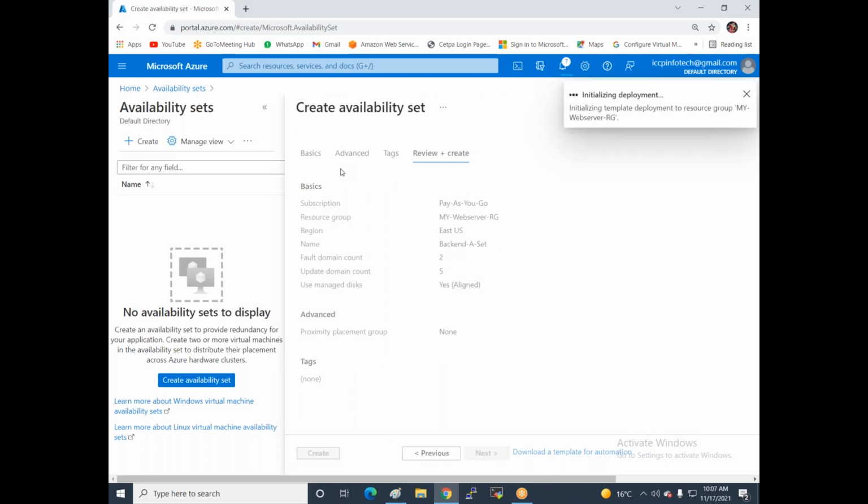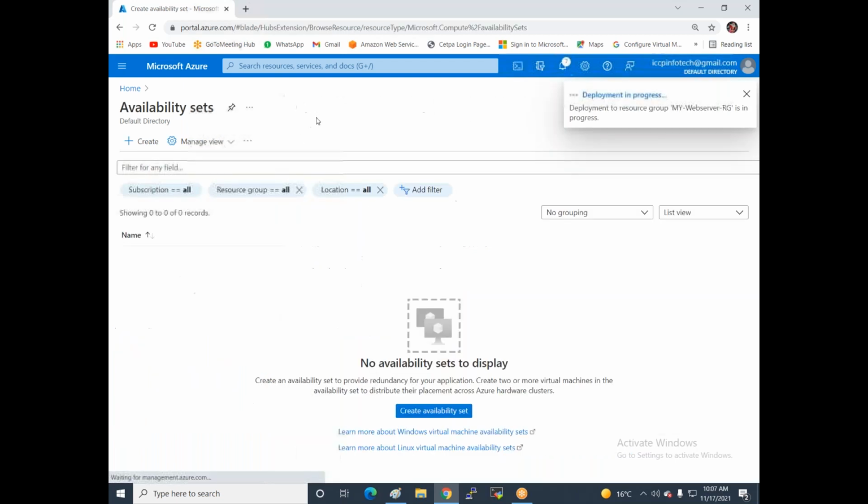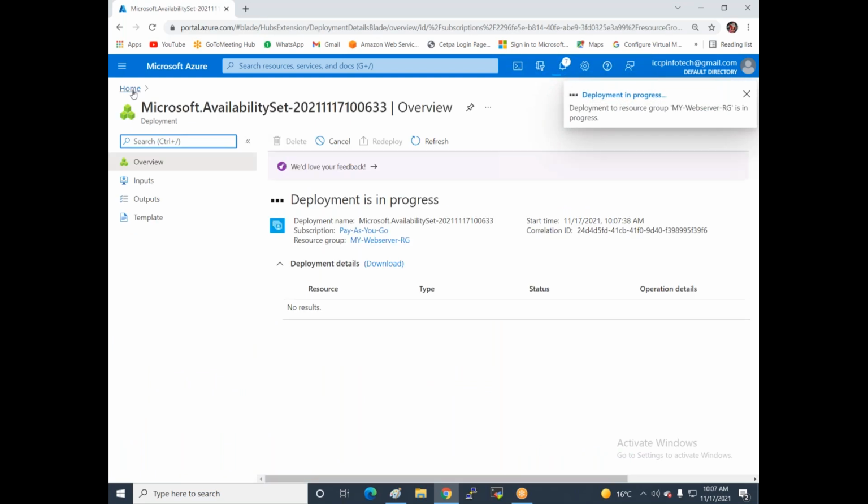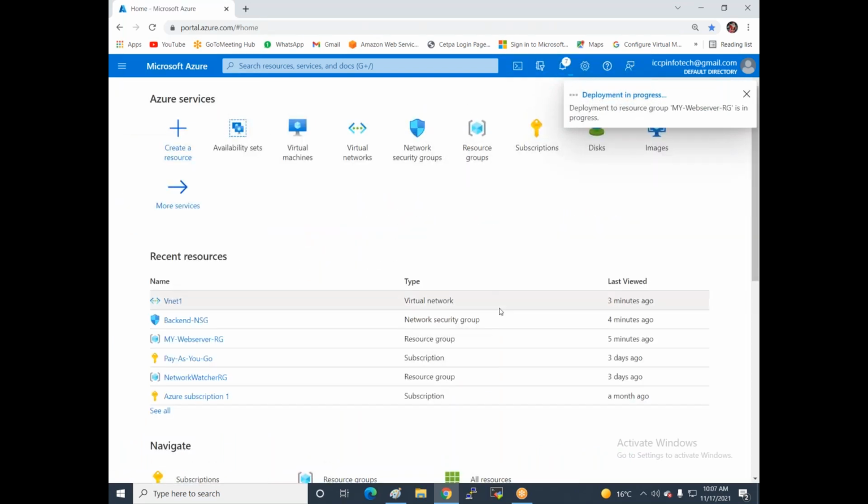But as per the infrastructure, every day Azure increases the data centers, so it also increases the fault domain and update domain limits. So now these availability sets are created. Now I'm just deploying the virtual servers, because I'm deploying the load balancer within a region. So that's why I'm creating an availability set.